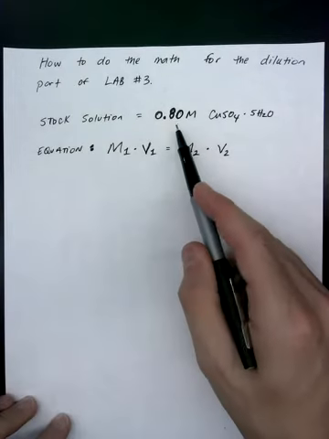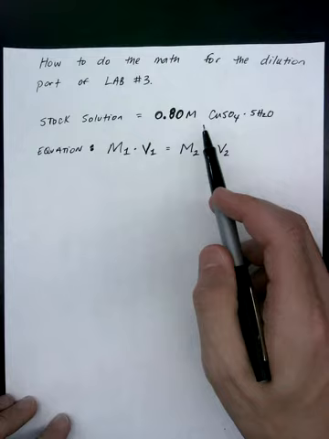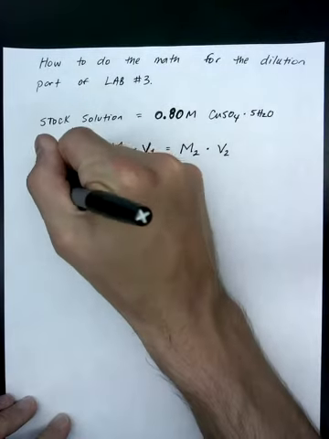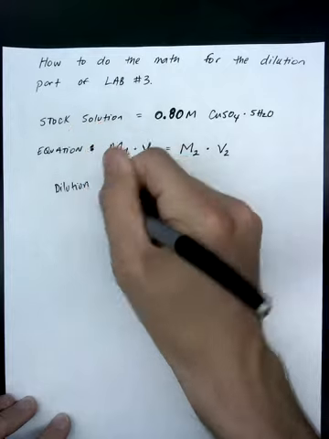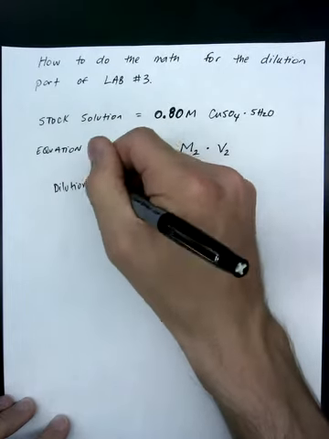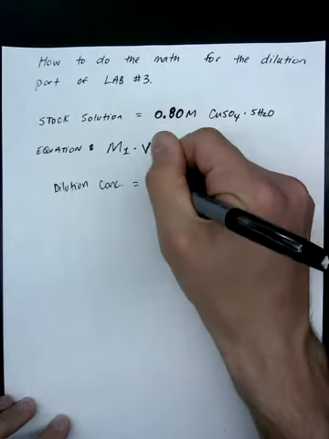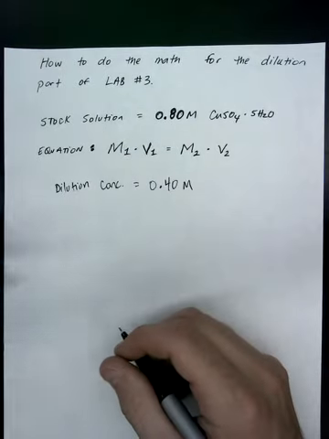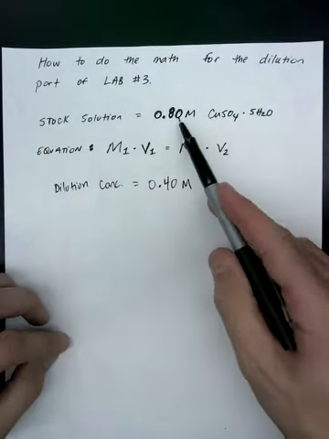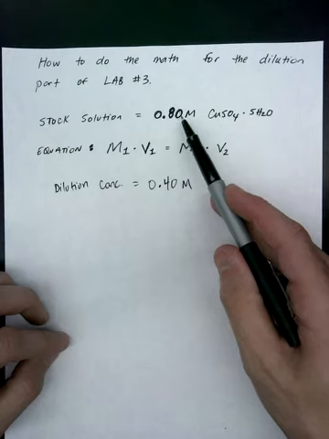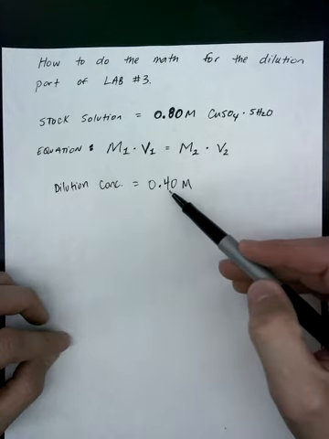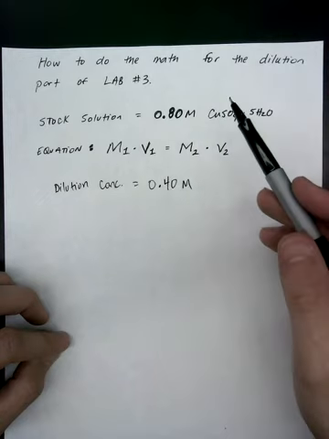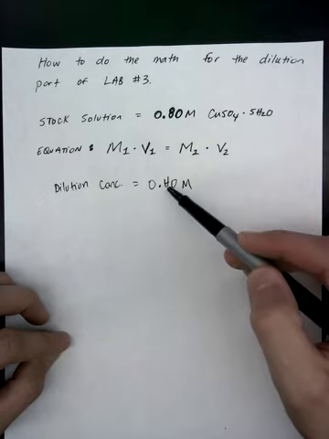Say you got this stock solution of 0.8 molar copper sulfate, and we want to make a dilution where we're going to cut it in half. That's how we say that the dilution concentration should be 0.4 molar, right? So what do we do for this? We're going to take some of the stock and add water to it. That's because the concentration of the dilution is lower than the stock. So the only way to do that is to take some of the stock, add some water to it, and